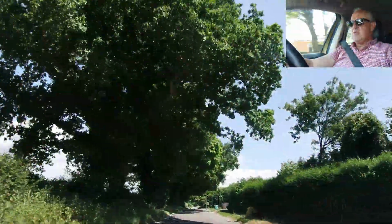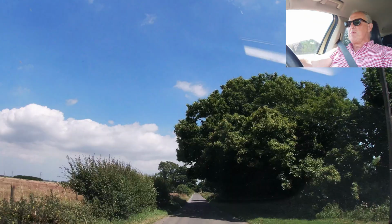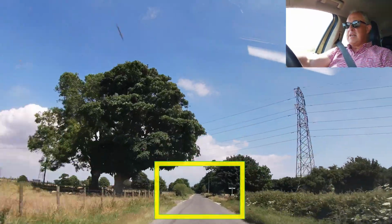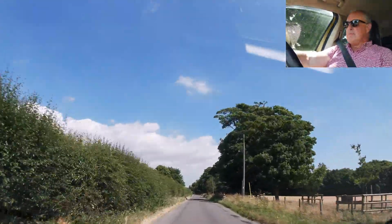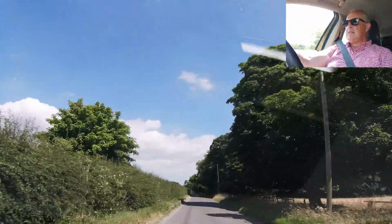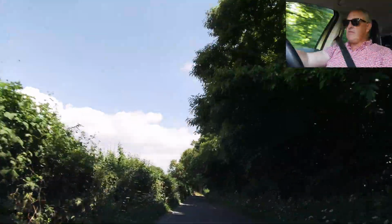Lovely. Now we get onto a long stretch before we get to the next narrow lane. There's plenty of room on a road like this for 2 cars to pass, even at speed. National speed limit applies on country lanes, so potentially you can zip along here at 60 miles an hour, should you desire to, but should you also be at risk of crashing into something. So I'm doing 40. There's farm entrances, there's a slip road, there's a house entrance coming up on my left,